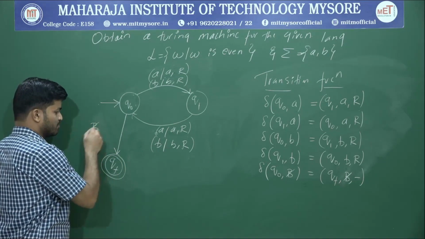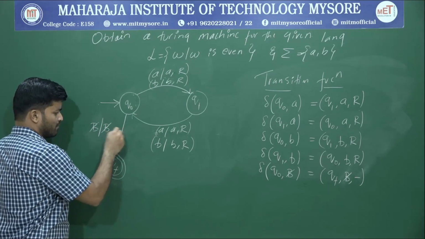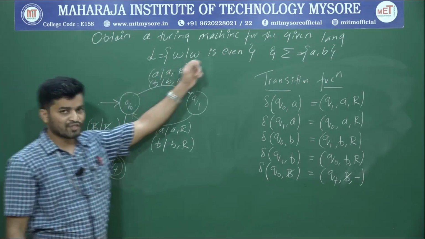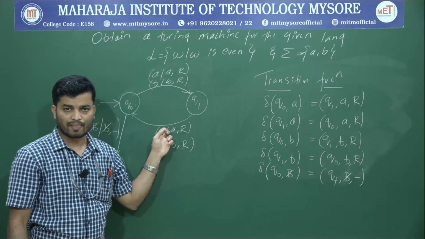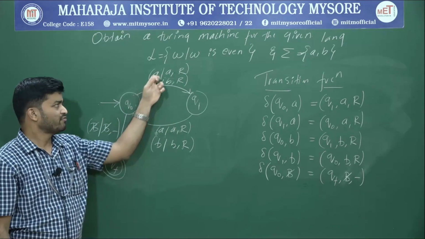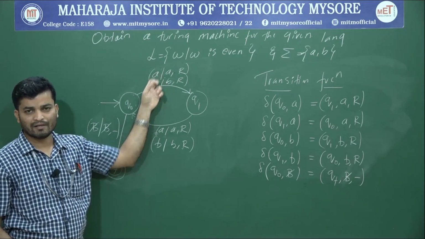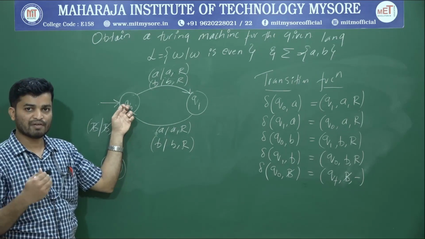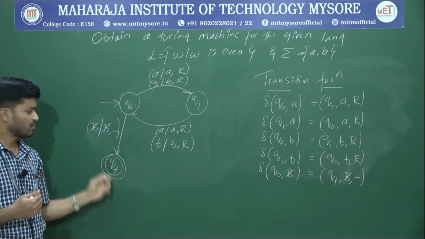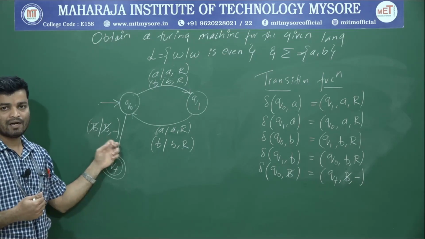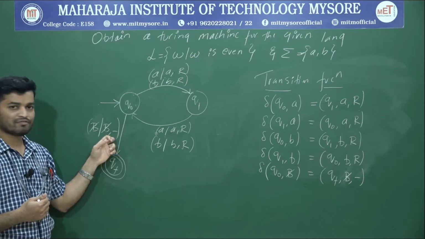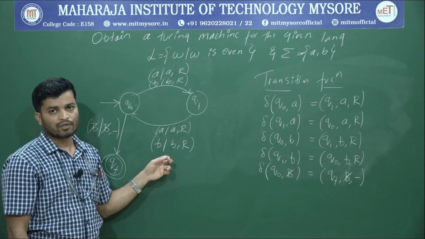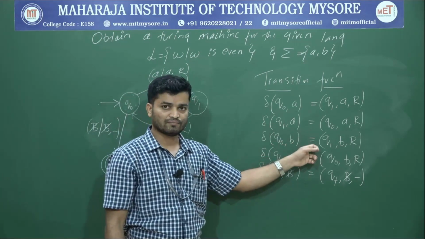And you write a transition blank space slash blank space comma dash. So now this will become your required Turing machine. So if the given language is regular, first construct a DFA and make the final state a non-final state. If it is a, just write a slash a comma r. If it is b, just write b slash b comma r. Then from the previous final state, write one more transition to qf upon blank slash blank comma dash. In this way you can write a Turing machine directly if you know how to construct a DFA. By looking at the transition diagram, you can write the transition function.